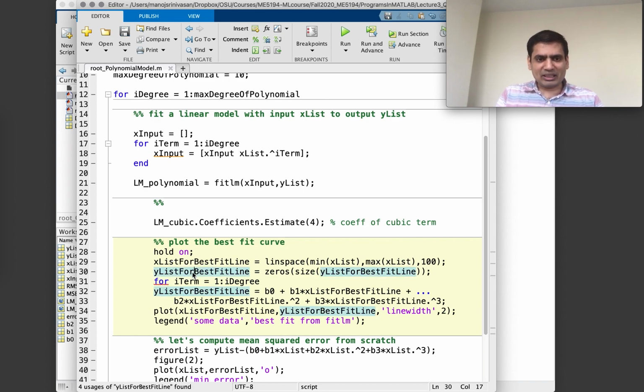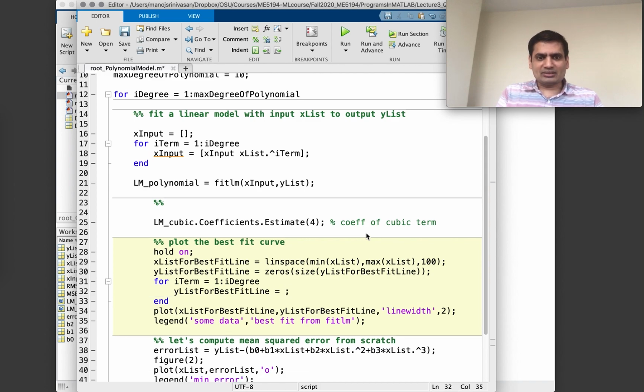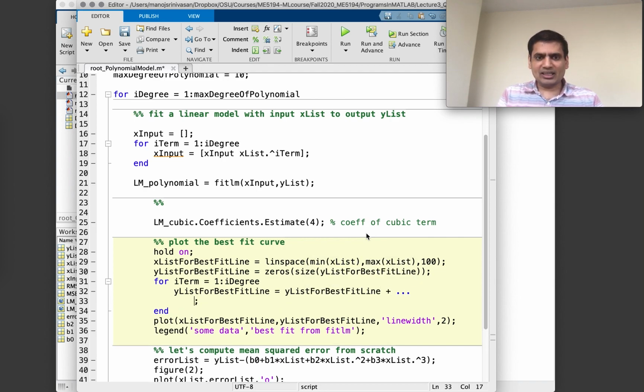What does this mean? x list has 100 points between the minimum x list and the maximum x list, and then y list has just a bunch of zeros. But then I'm going to add to it all these terms. Basically, I'm going to say y list for best fit line is y list for best fit line plus dot dot dot. And then I'm going to go